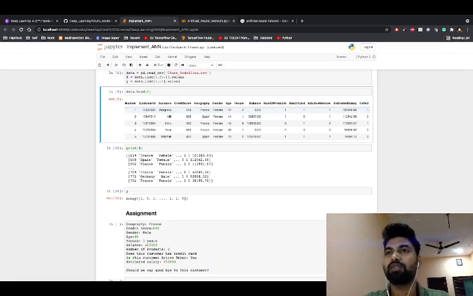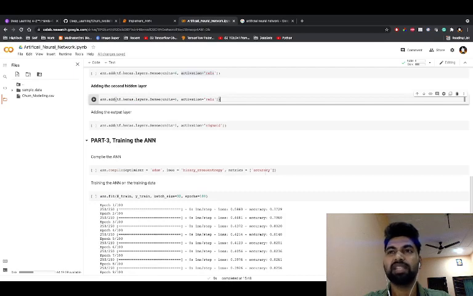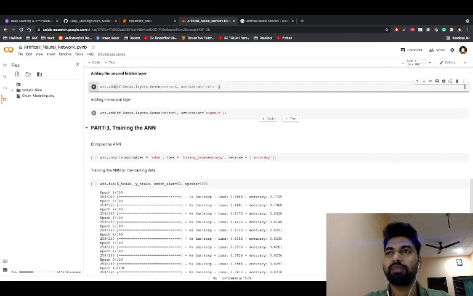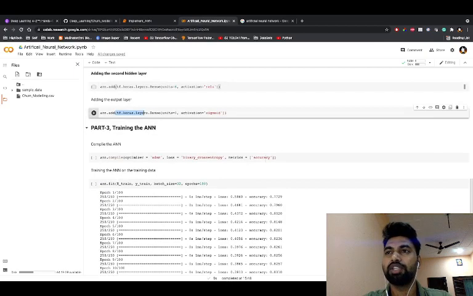So for that one, I repeated the same code, units equals 1. Why units equals 1? Because I'm having only one output, and the activation function equals sigmoid I'm using here, right?